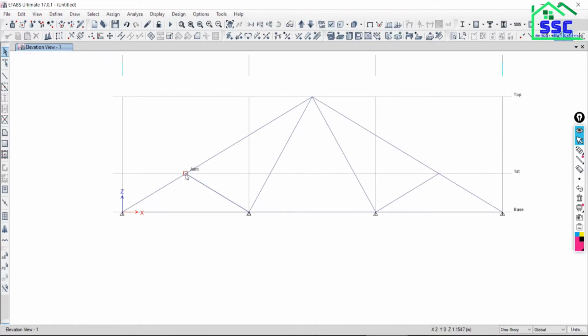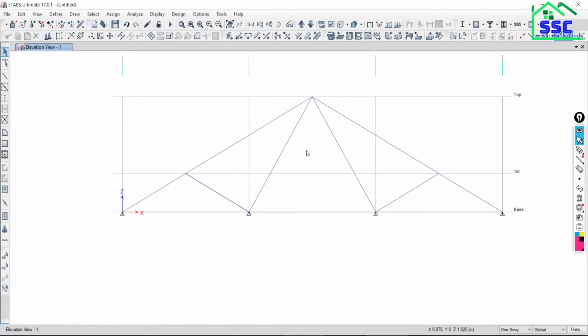Back to the tabs. Okay, so we have to divide this frame. Just click this frame. See, very consciously and very actively look at this operation, how you can break this member. First select this frame and the joint where you want to break.